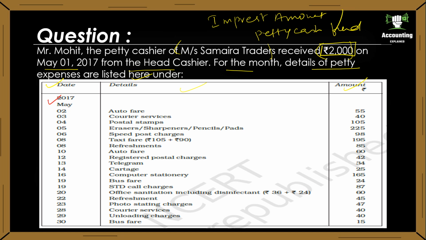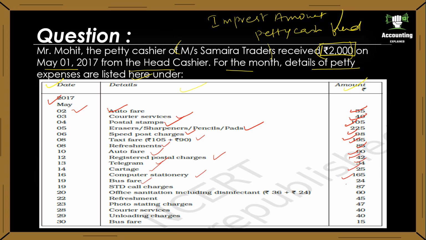May 2017 is the period, and on May 2nd auto fare of rupees 55, May 3rd courier services 40, then postal stamps 105, erasers, sharpeners or pencils or pads bought for 225, speed post charges 98, taxi fare it is 195, refreshments it is 85, auto fare 60, registered postal charges 42, telegram charges 34, cartage 25, computer stationery 165,